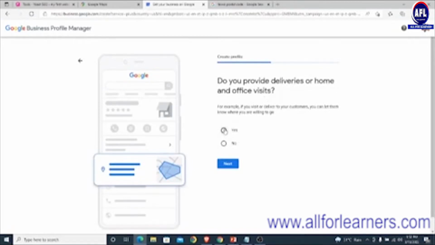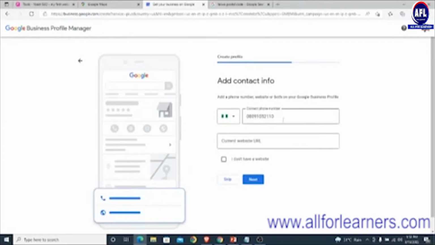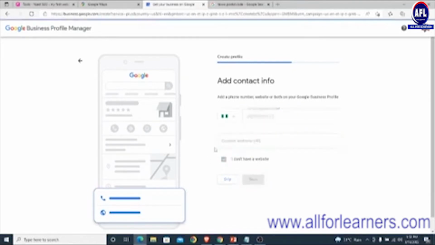So if you do that, you click on yes. If you don't do that, you click on no. So I click on no. Right now, this is a place where I will enter my phone number. If you have a website, you enter the URL of your website. If you don't have, you check this box and you click on next here. Right,